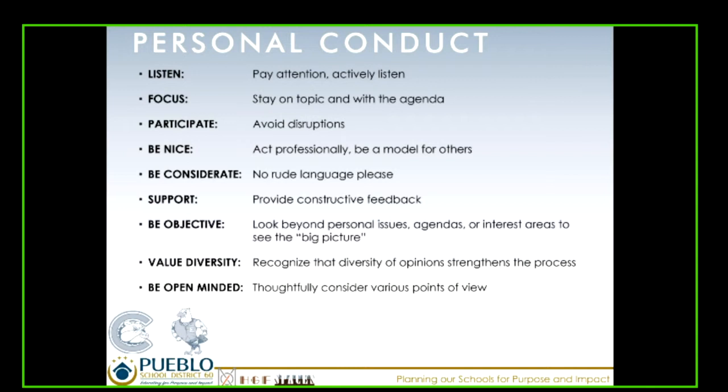Look beyond personal issues, agendas, or interest areas to the big picture. And value diversity. Recognize that we all have opinions, which I think makes great design as we all talk and discuss items together. This is a great opportunity. And be open-minded. Someone may not have quite the same opinions as you, but as we work through this as a design team, we try to address everybody.